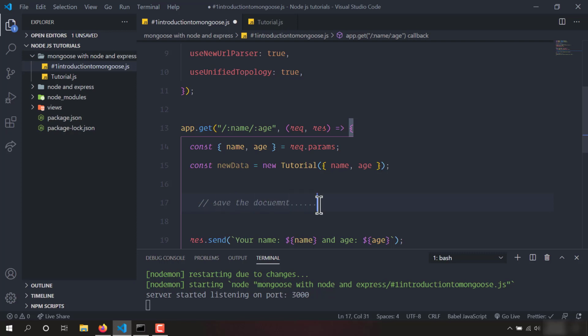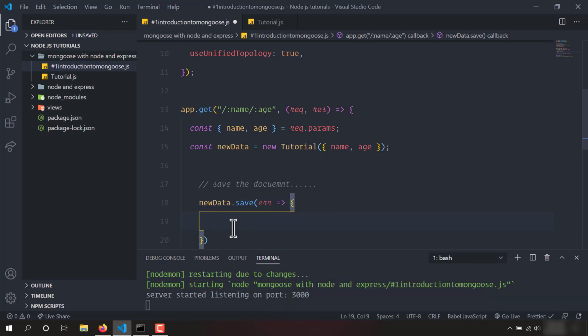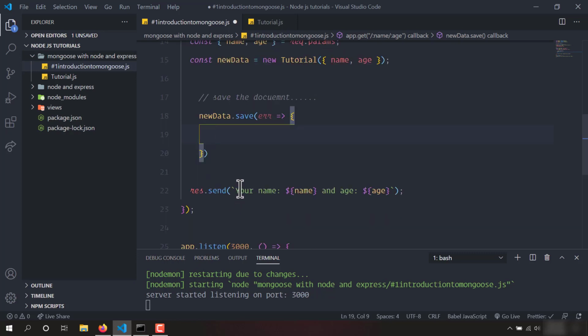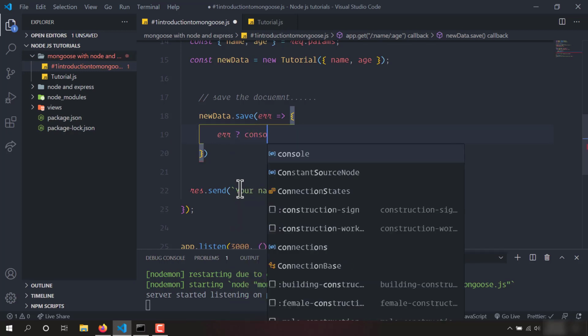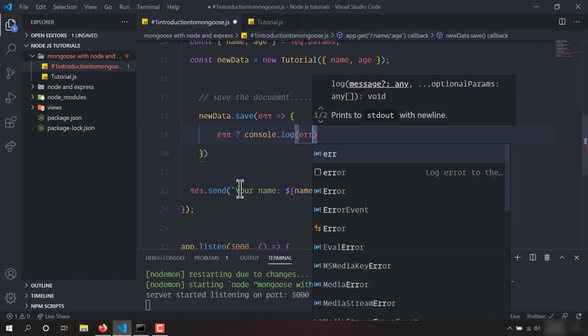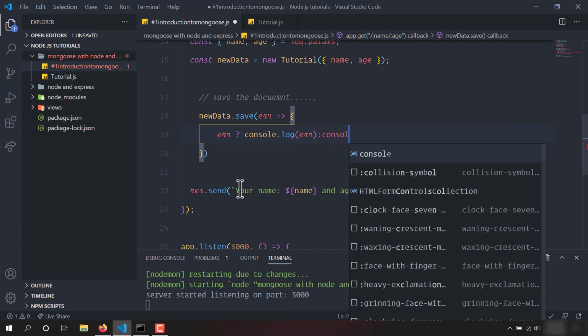So what we can do is copy that document variable name and use the function save, and this function save takes a callback. You can use the callback or you can use modern JavaScript, that is promises. So I will give you the example of both of these things. So we will check for the error. If there were any error, then console.log that error. Else, if there were no error, then simply